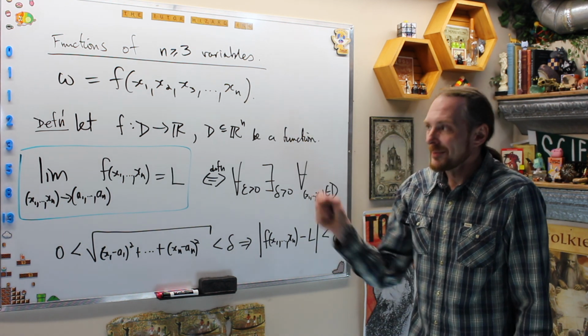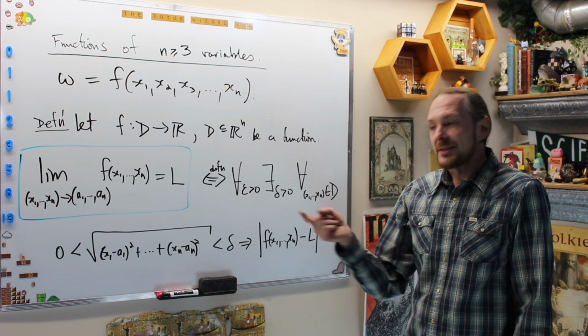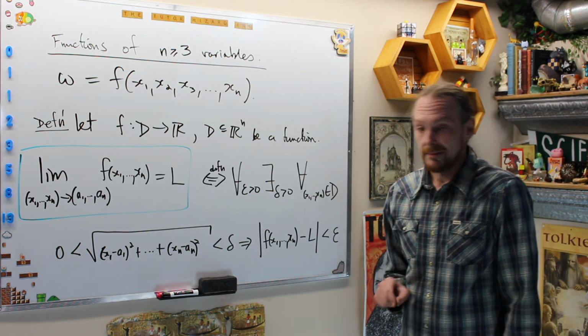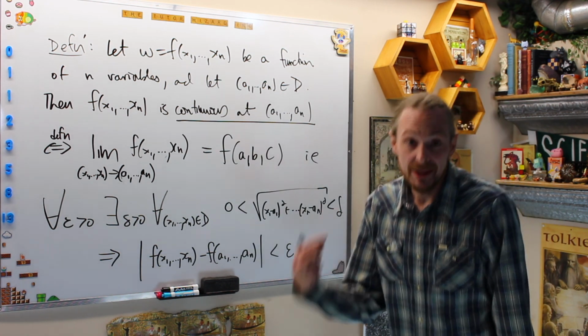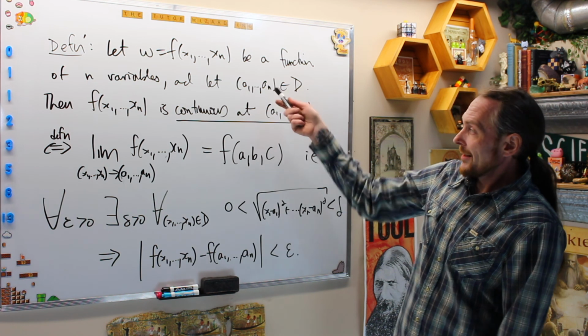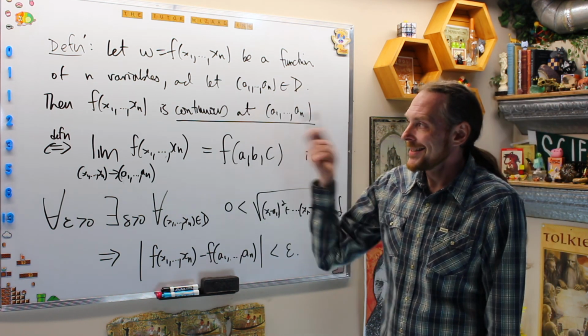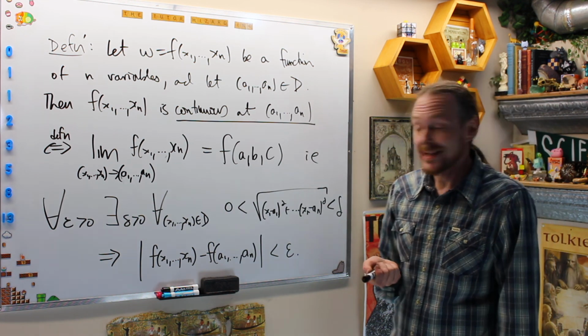Good. Let's get the definition of continuity, and then we'll get a little bit more compact notation after I subject you to this notation one more time. Same business as before: 2 dimensions, 3 dimensions, n dimensions. If I have a function of n variables, I let a point be in my domain now. I say f is continuous at this ordered n-tuple (a1, ..., an)